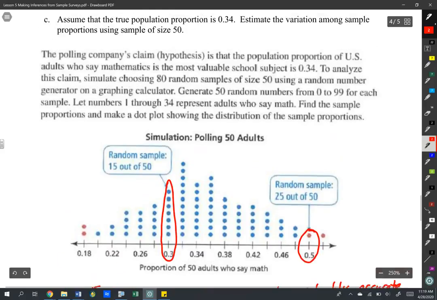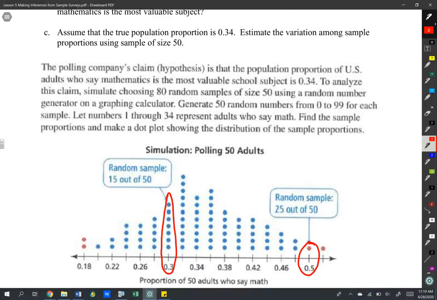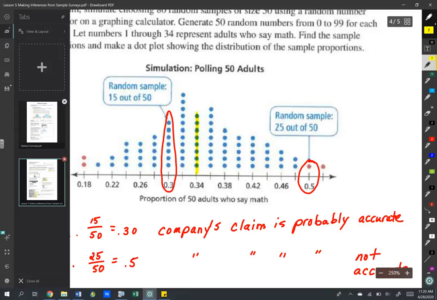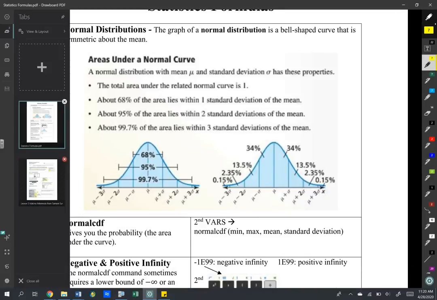All right, and the last one is a little bit more of a complex question. It says, assume that the true population proportion is 0.34. Estimate the variation among sample proportions using the sample size of 50. Well, we're assuming that the mean is 0.34. And if we go back to lesson 1, and I just want to bring up that formula sheet that I gave you. When we're talking about lesson 1, we know that